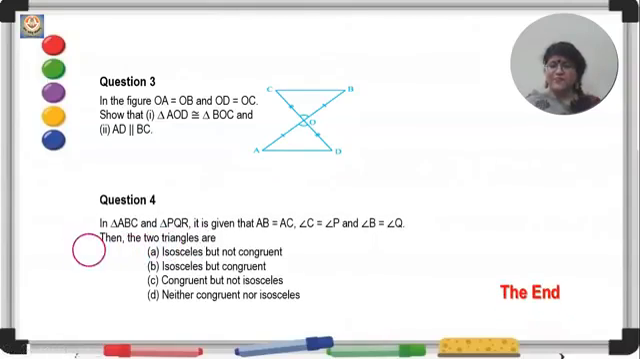Question number 4. There are two triangles and they have given you the elements that are congruent. The two triangles are isosceles but not congruent, isosceles but congruent, congruent but not isosceles, neither congruent nor isosceles. Think over it. I want you to jot down all these questions in your geometry notebook, and in all the